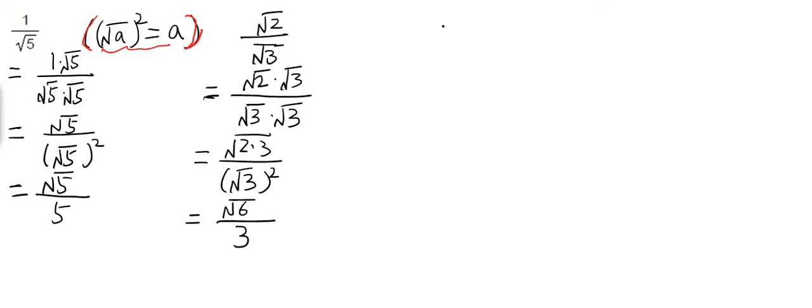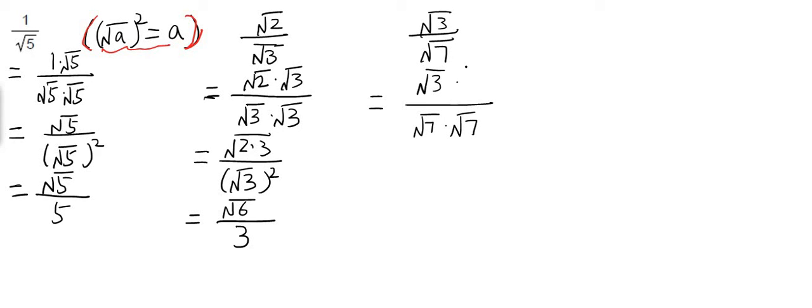Okay, and the last example is gonna be square root of 3 divided by square root of 7. We're gonna follow the same strategy. How to simplify it? We have square root of 7 times square root of 7, and let the numerator also times square root of 7. And for the numerator we can simplify it, 3 times 7, and for the denominator it's gonna be square root of 7 squared,